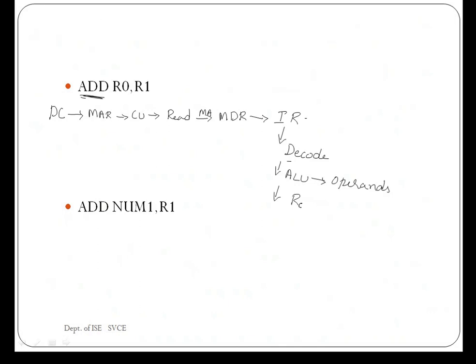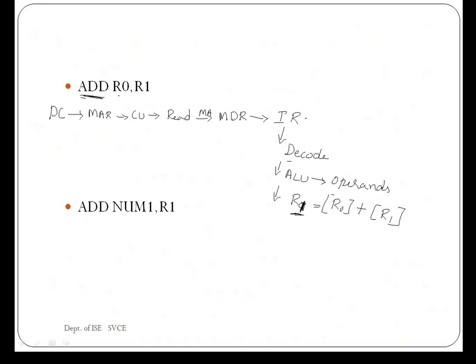content of R0. The meaning of this instruction is that the content of R0 is added with the content of R1, and the result is stored back into register R1. Here, this instruction does not require any memory operation with respect to the operands. The final result is also stored in the temporary register. It does not need to be written back into the memory.